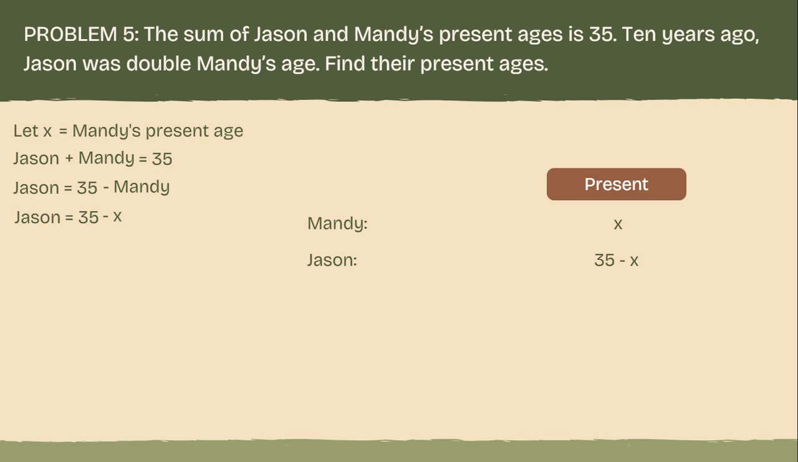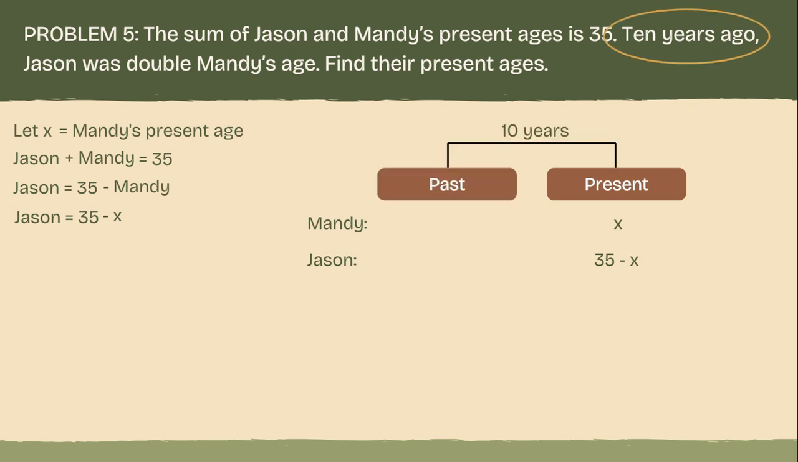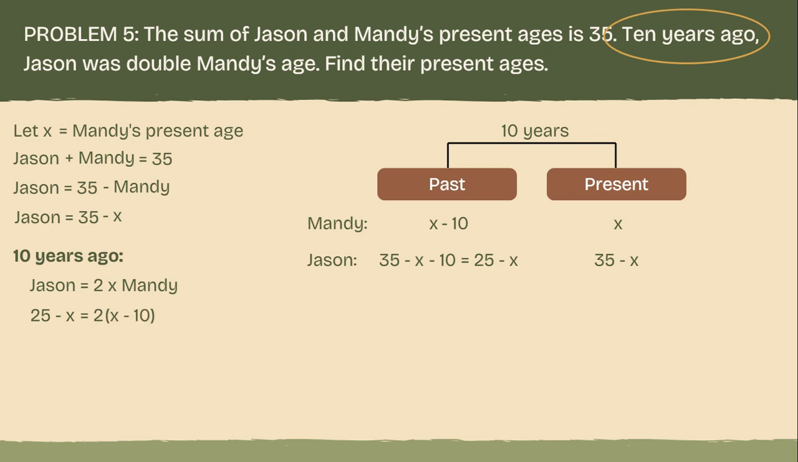Now, let's think about what happened 10 years ago. If we go back 10 years into the past, Mandy's age becomes x minus 10, and Jason's age becomes 35 minus x minus 10. The key condition in the problem is that 10 years ago, Jason was double Mandy's age. So at that time, Jason's age is equal to 2 times Mandy's age. This gives us the equation 25 minus x equals 2 times the quantity of